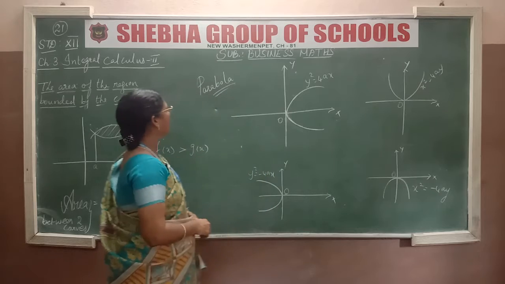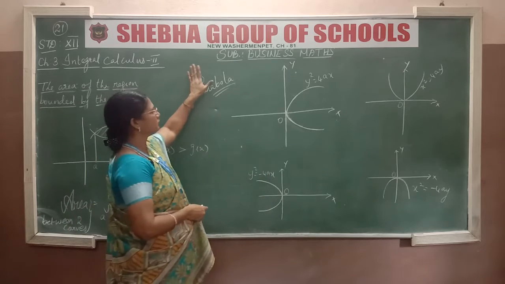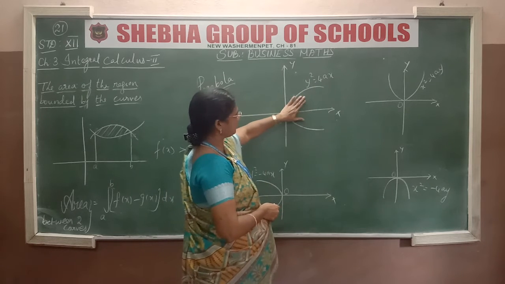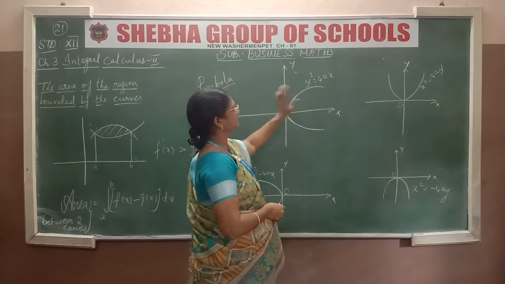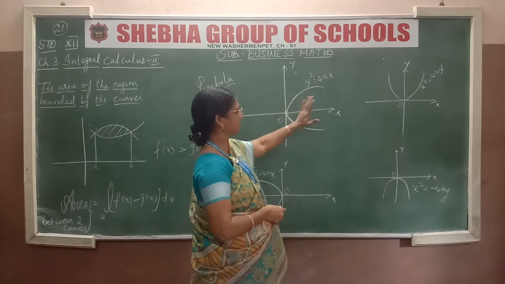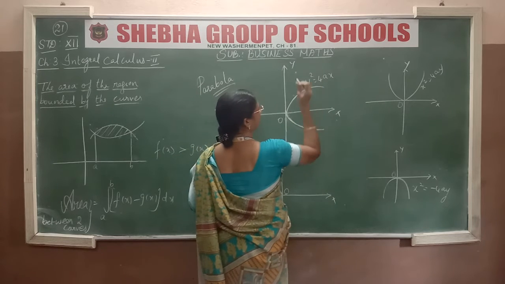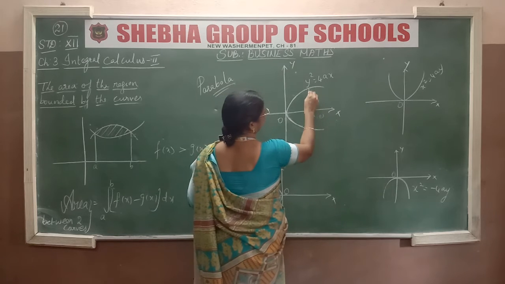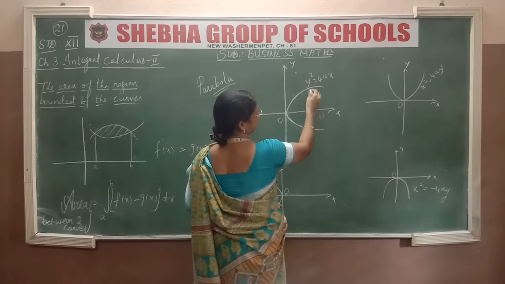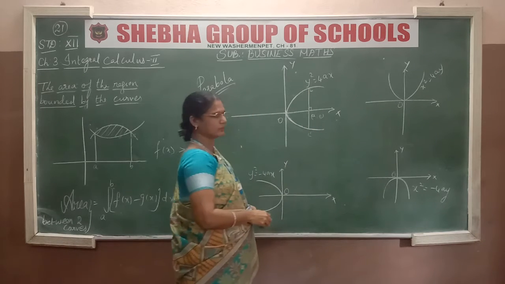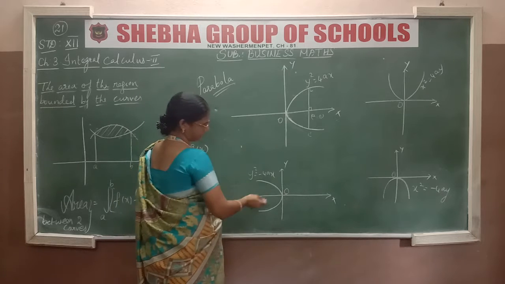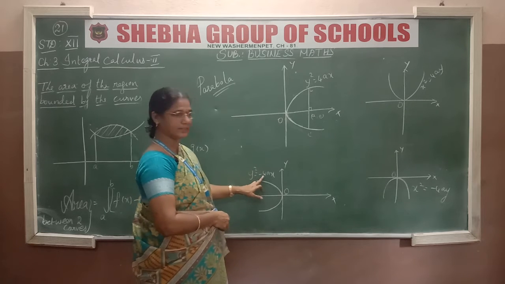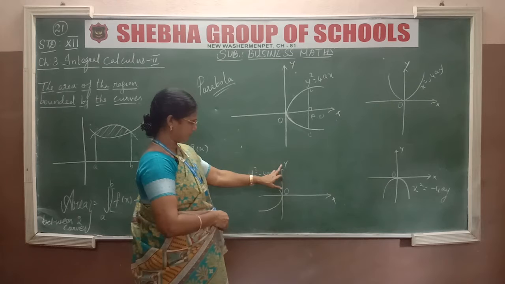And one more thing, last year we have studied parabola. The first one is this, y square equal to 4ax, and this is of the form like this, that is open rightward. Here we have a, this is our focus, and the line passing through the focus perpendicular to the x-axis is called latus rectum. And similarly this is open leftward, that is y square equal to minus 4ax.